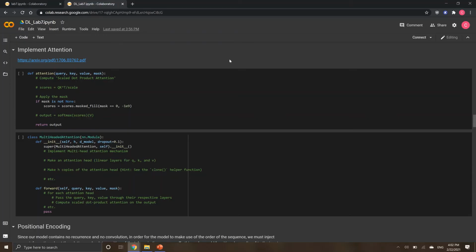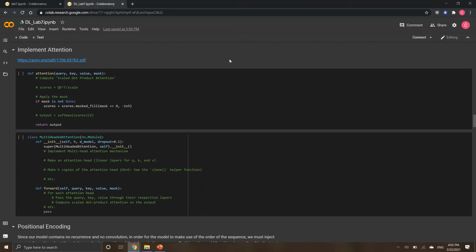The only things that you're asked to implement in this lab are the attention function, which is the scaled dot product attention, and the multi-headed attention module. Everything else, including the transformer, the data set, and the training and testing loops, are already implemented for you, and will create a multi-headed attention module which will use your attention function. So you should be able to implement these and then run everything fine, and it should give you a good